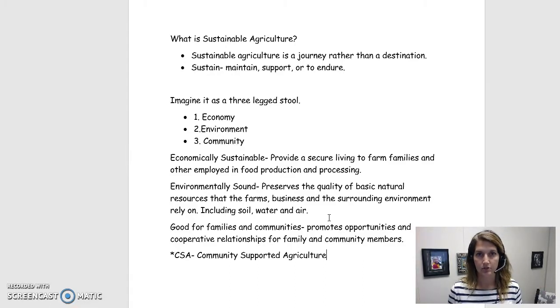So this is kind of just your notes and hey, what's going on this week. If you will continue to look below, there will be an activity about goals versus practices, and you will have to respond to some questions that I've posted there, leave some of your opinions and your thoughts, but I wanted to pop on and give you kind of just an overview of what sustainable agriculture is for this lesson.